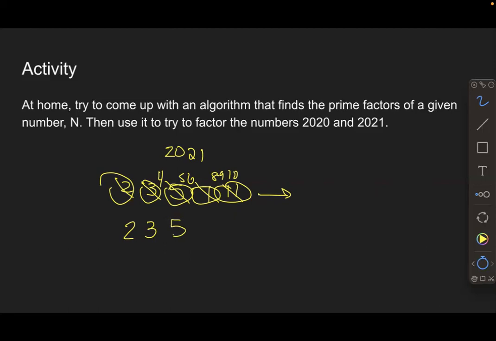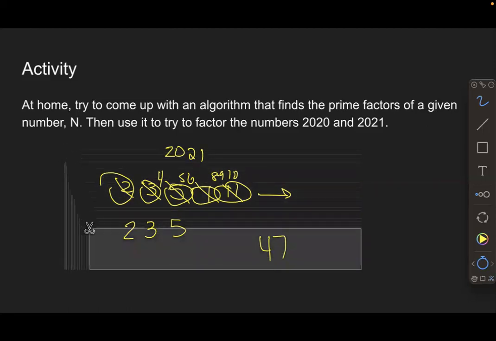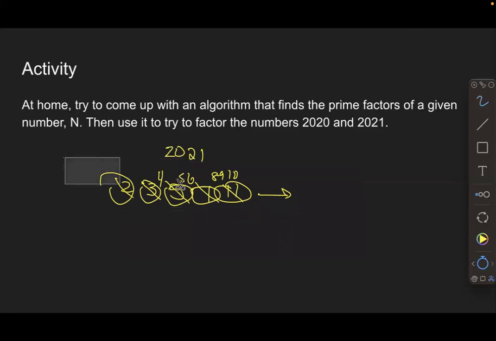Yeah, it seems easy here, but once I get to really high prime numbers, like, okay, once I get to 4, this isn't even a high number, but once I get to 47, what's the next prime number after that? And there's not actually an algorithm that can tell you this is the next prime number after that, or at least not one that can efficiently tell you in a reasonable amount of time. So you really have to be trying every number. So if I'm trying